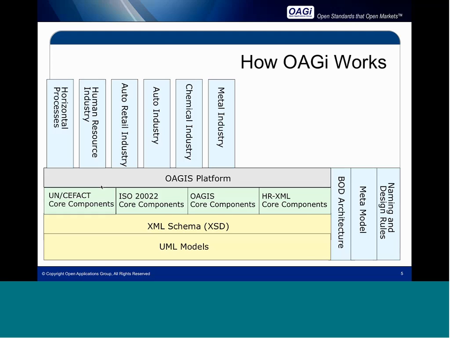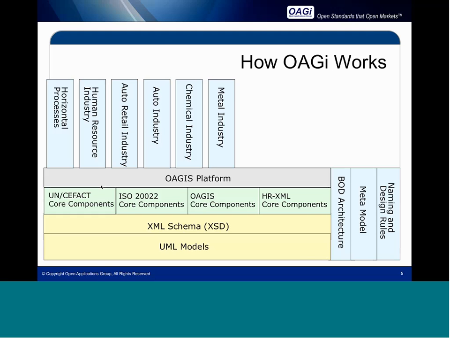In other words, the UML process models provide the context for how OAGi messages work. OAGi primarily uses sequence diagrams, which is a type of UML model. However, they also use